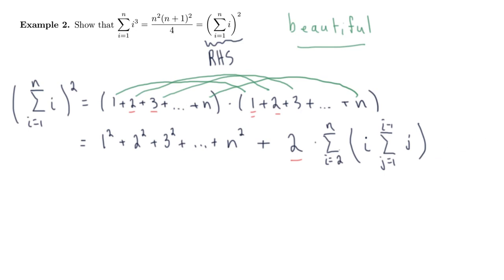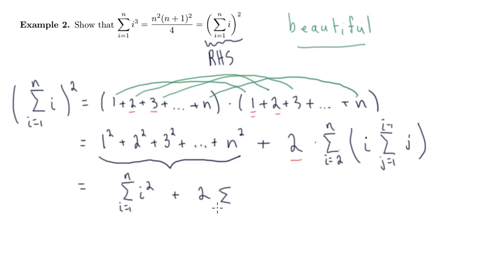Alrighty, so this is a mess, I understand, but this is how the proof goes. Okay, this is, or at least one of the simplest proofs. So first of all, notice that we have a formula for this, 1 squared plus 2 squared plus 3 squared all the way up. But I'm actually not going to write the formula. I'm just going to write this as the sum i equals 1 to n of i squared. And now here, the sum from j equals 1 to i minus 1 of j